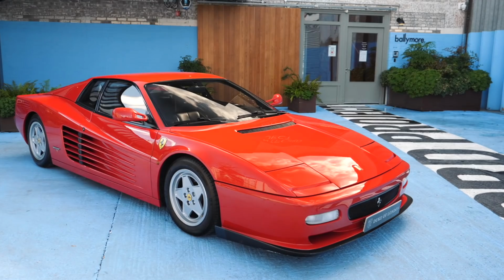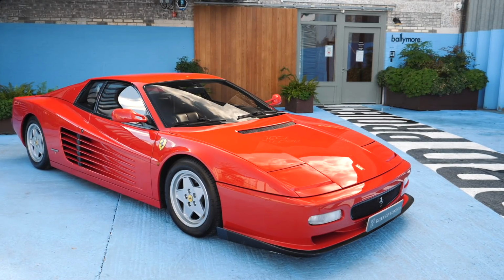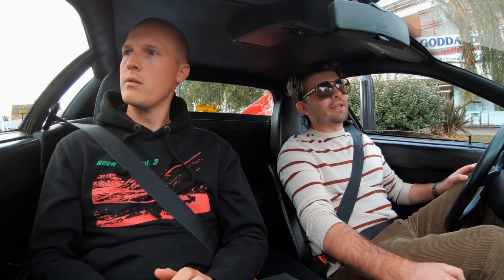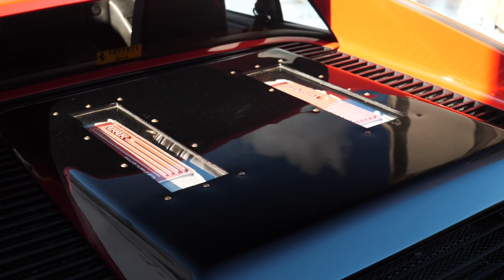And Ryan bought the car last year from someone who'd imported it from Japan. Now the car had typically Japanese modifications on it, which aren't going to be to everyone's taste, but if anything I think it makes it a cooler thing as a package. For sure. Yeah, it's got a 512 TR front bumper on it, carbon fibre front splitter, obviously a couple of bits of the interior as well. The engine covers had some perspex inlays put into it so you can see the engine, and more notably, this